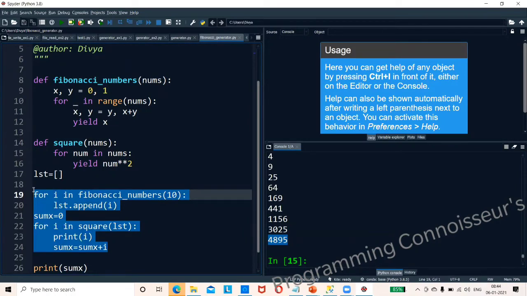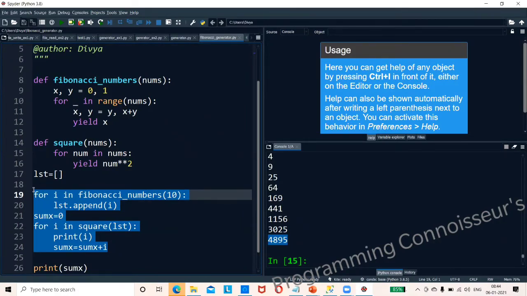So you don't write all this. Generators are very easy to write but difficult to understand. Once you understand, it is very easy. So we have a very big advantage: we are not writing around 5 or 6 lines of code, and iteration we need to understand, and again pushing into a list, all that it was doing. So it is like a generator inside a generator. You understand? Any doubts?